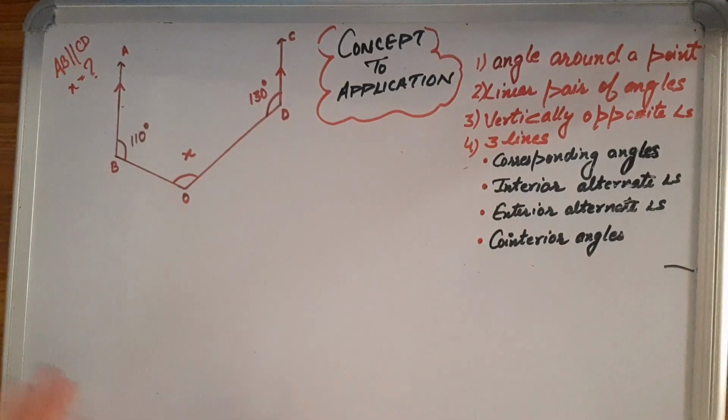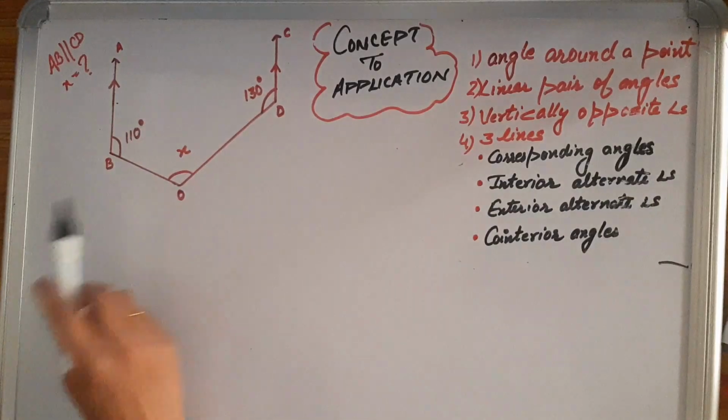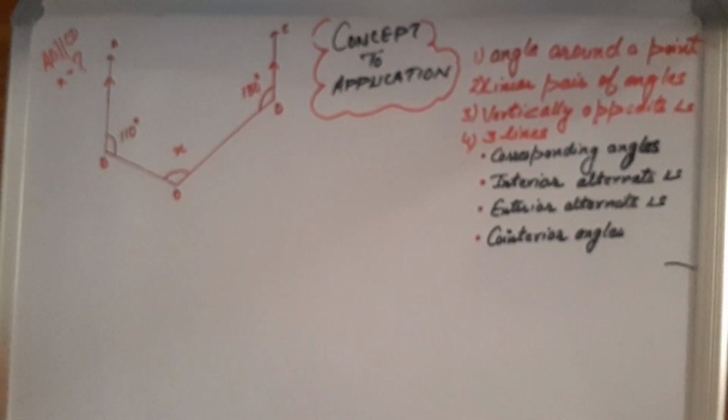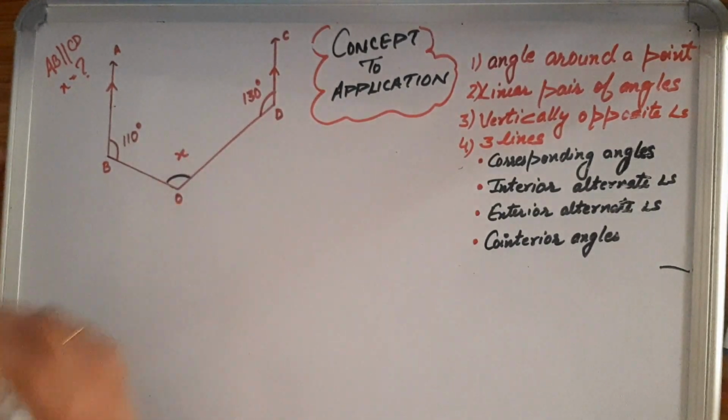Now coming over to the problem, here we have been given a figure where we have to find out x. If we focus, what all is given? AB is parallel to CD. It's very important to focus on what is given, because all the properties have their limitations and can be used only if they comply with certain conditions. So we have to find out this angle x.